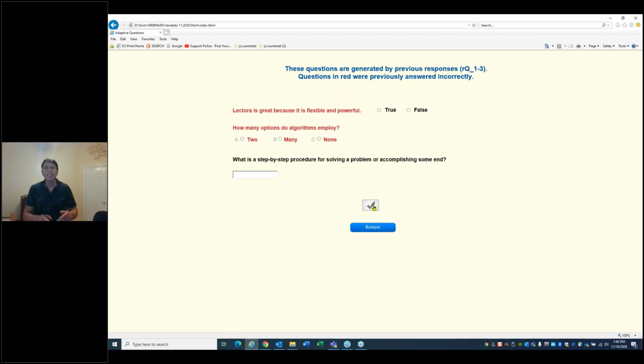Now you see that the first 2 are red, which I'm demonstrating to you that I've got the ability, using variables, to say, depending upon my answer, I'm going to set a variable right or wrong. I'm going to check the right or wrong, and then depending upon whether you get it right or wrong, I'm then going to change the question. And now the first two are red questions and not black questions. And if you notice, these are the same questions that I had earlier because I didn't get it right before. Hopefully I get it right now.